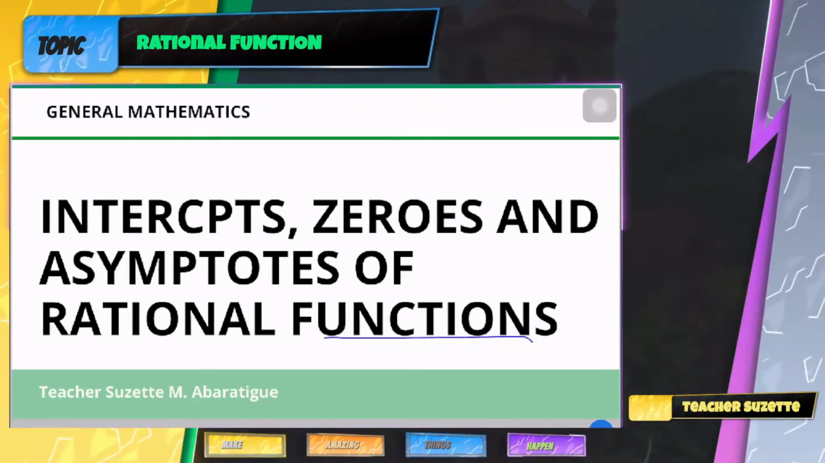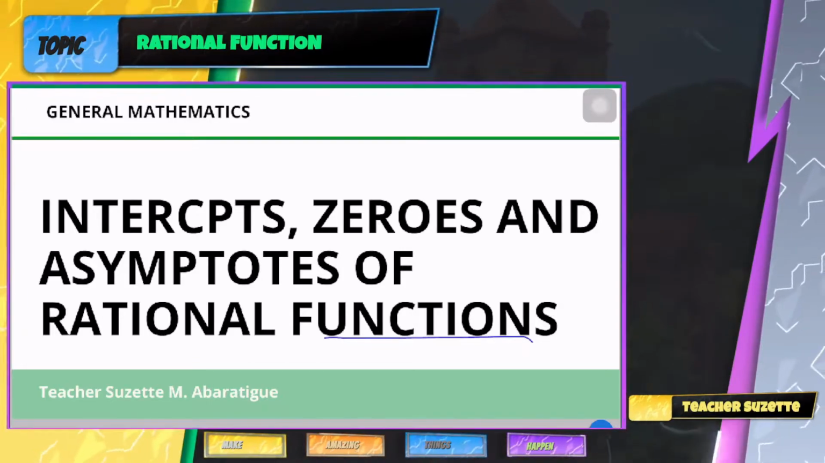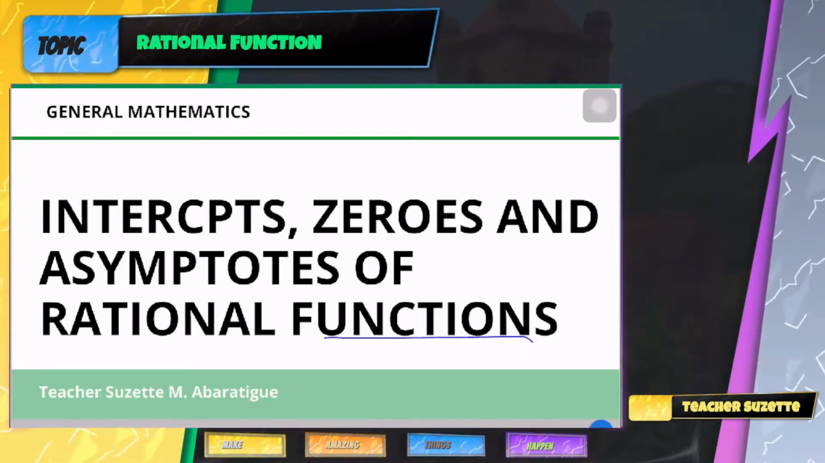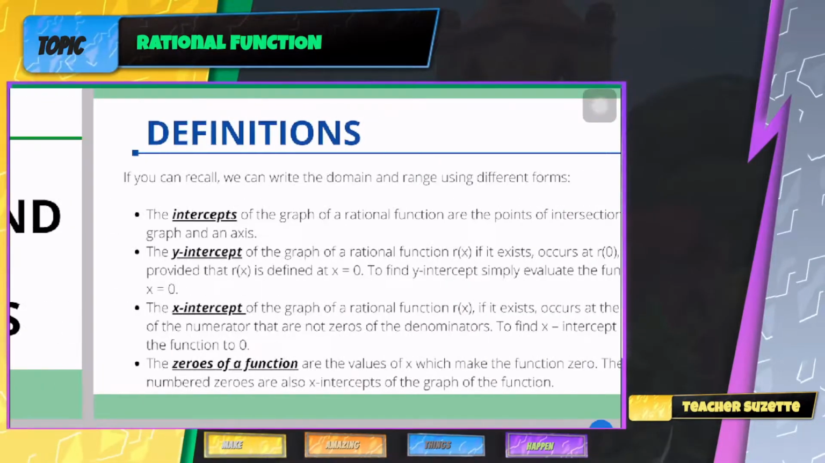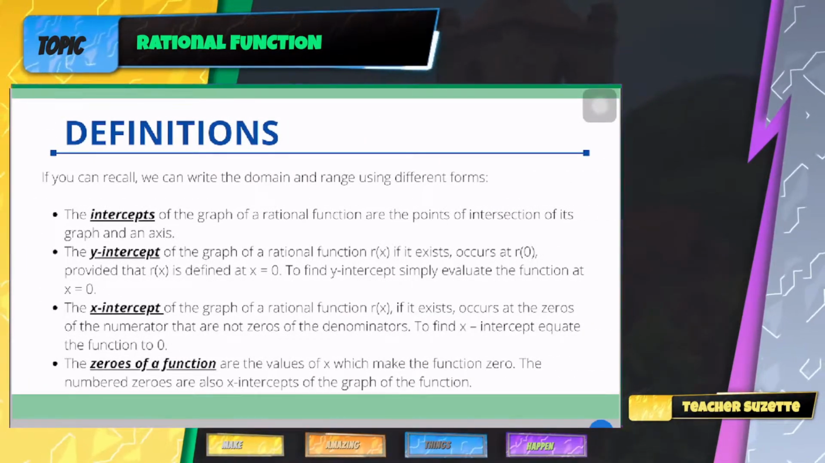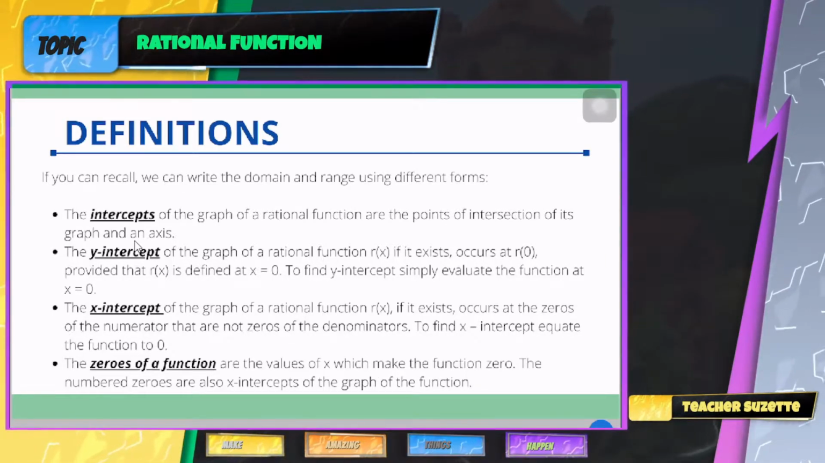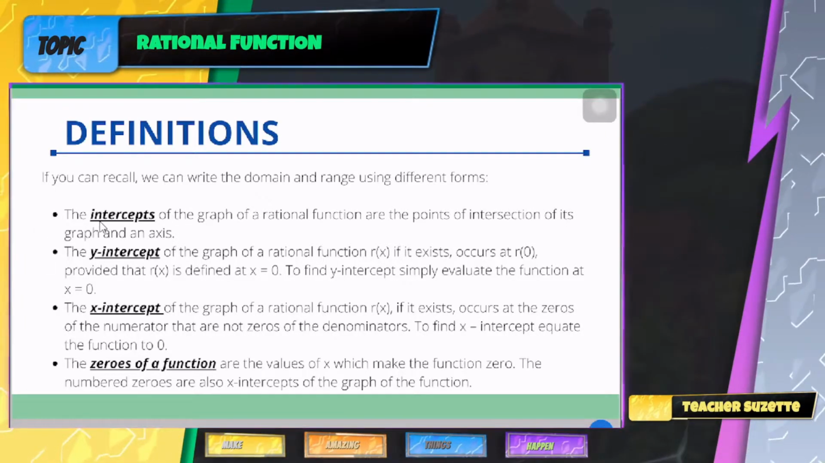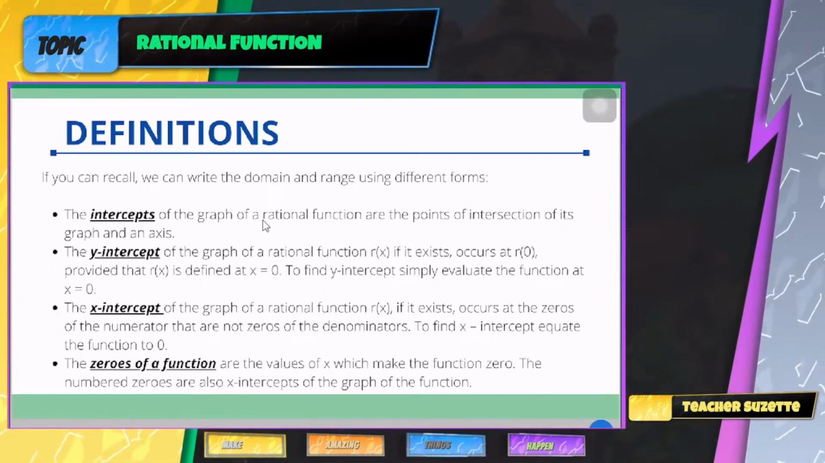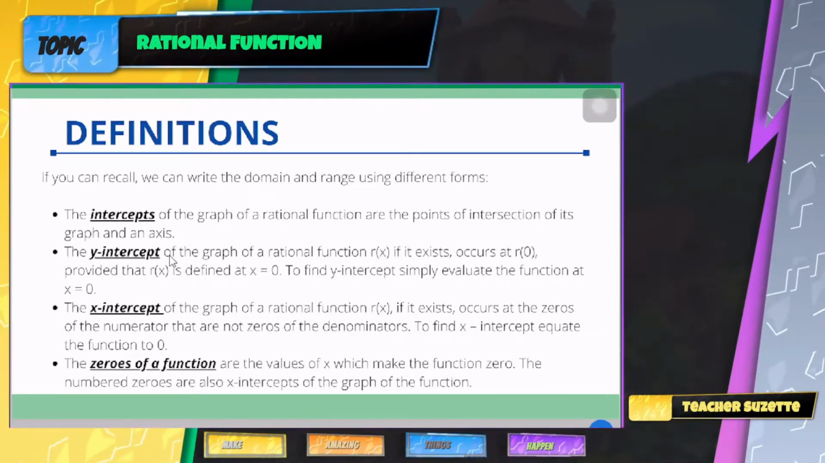Hi class, in this video we're going to discuss another topic under rational functions, specifically the intercepts, zeros, and asymptotes of a rational function. So let's first define what these intercepts and zeros of your rational functions are. When you say intercept of the graph of a rational function, these are points of intersection of its graph